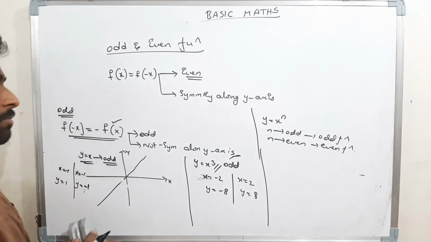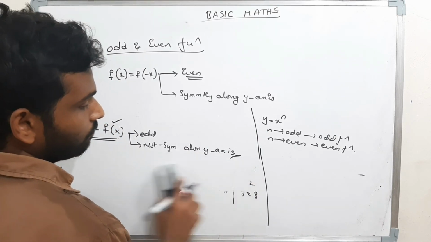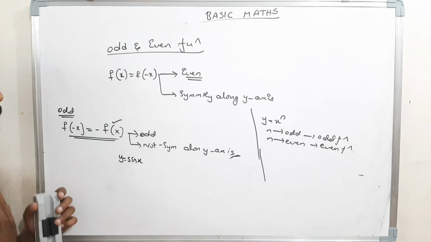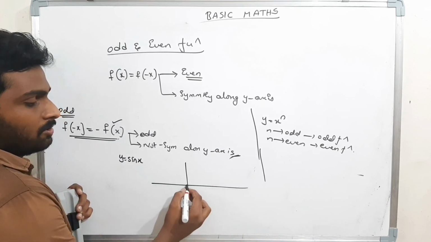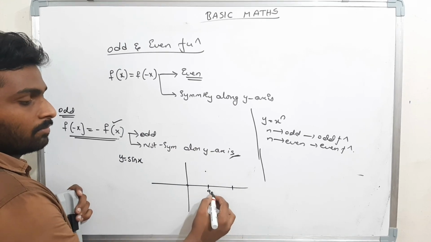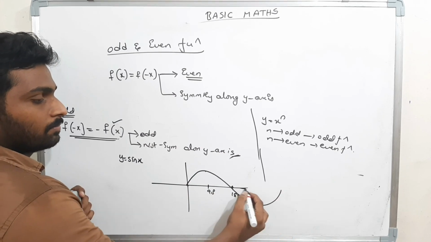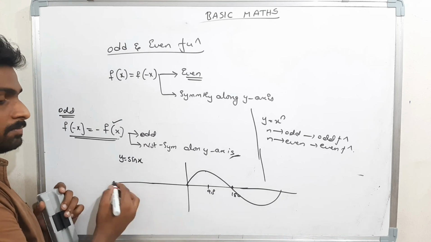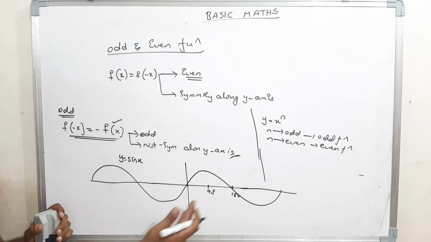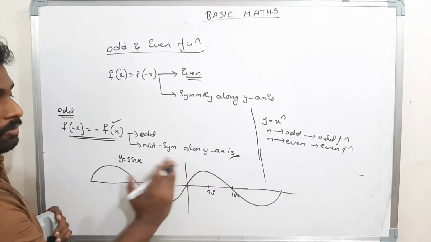Okay. Now we will see one more example of an odd function. y is equal to sin x function. Now what is the graph for sin x? Sin 0 is 0. Sin 90 is 1. Sin 180 is how much? 0. Therefore the sin x graph will be like this. Now when it comes to this side, negative x, then the sin x graph will be like this. That means if I fold this along the y-axis, this one is not overlapping this side. Observe carefully, this is not overlapping.